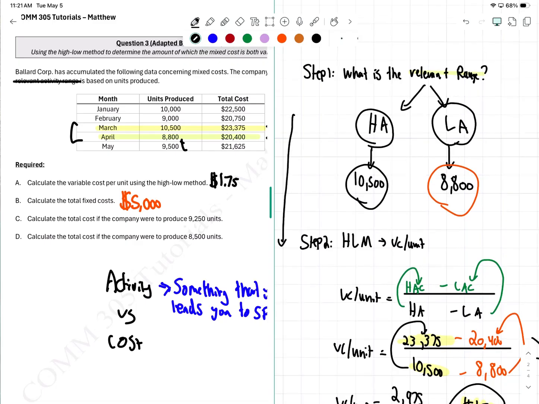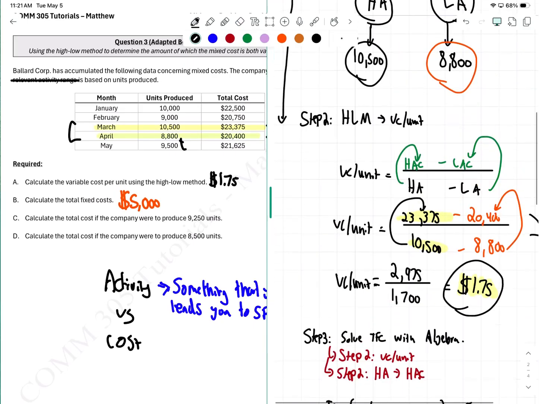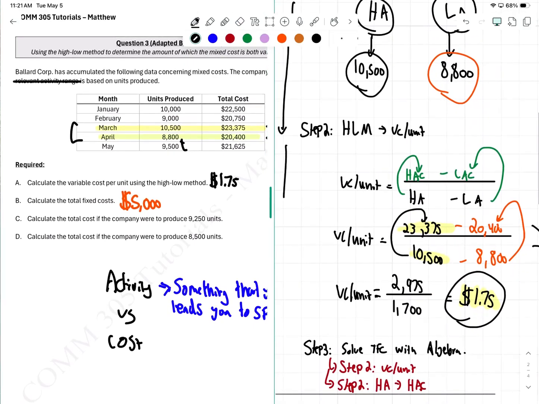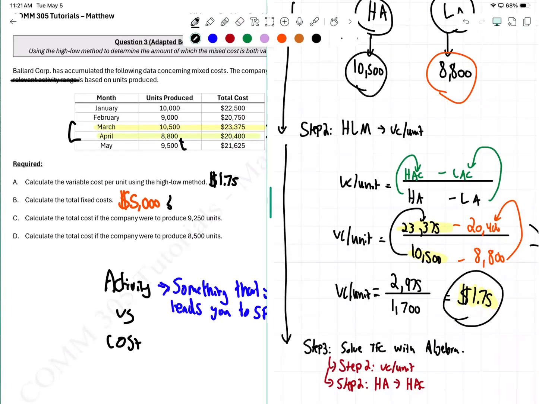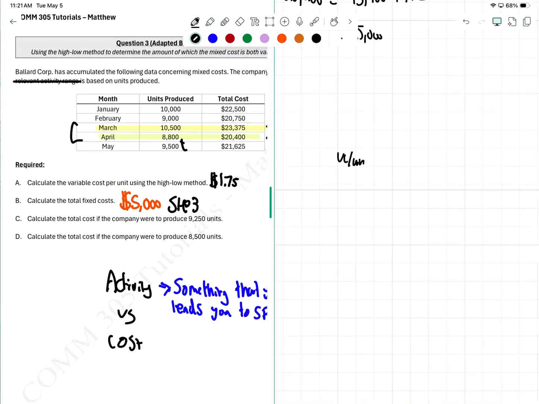Because sometimes the question will just ask you for the VC per unit, that's it. Sometimes the question will ask you for the total fixed cost. So then you just got to go an extra step, to step 3, because this is step 3. And then, guys, step 4 is basically to estimate the total cost at different things within the range. Because once you have your VC per unit and your total fixed cost, you could then estimate anything within